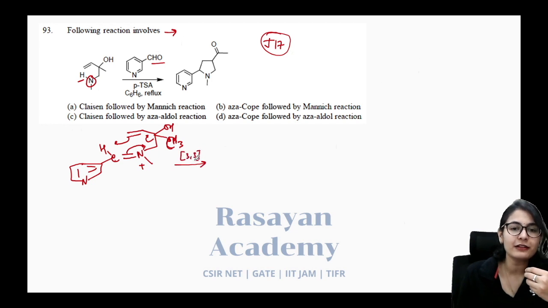When it is the 1,5 diene system, it will be a Cope rearrangement, and if you have nitrogen within the 1,5 diene chain, it will be aza-Cope. Okay, so first you are doing the iminium ion formation followed by the aza-Cope 3,3 sigmatropic rearrangement that is going to give you